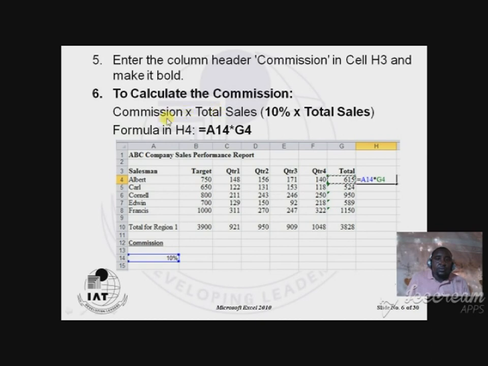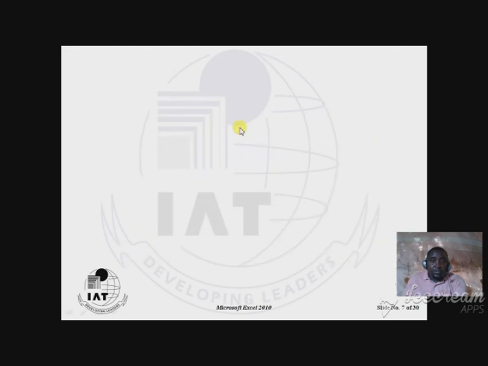To calculate the commission, as we have calculated, you see, commission is equal to commission times totals. That means 10% times the totals. So our 10% is in a cell, A14. So you change this one into A14, then A14 times G4, and then you get the commission like that. And after that, this is called relative addressing. So this formula will change, will disturb you, and you will change it into